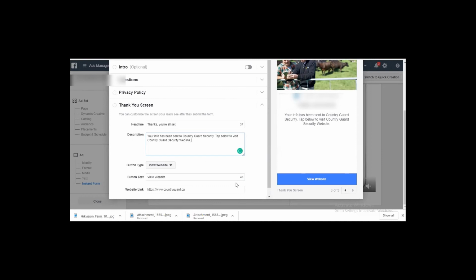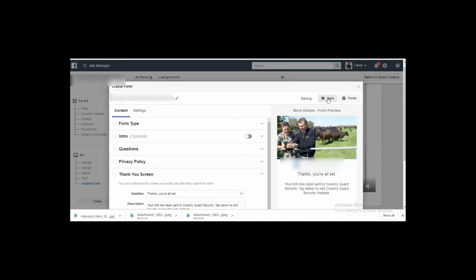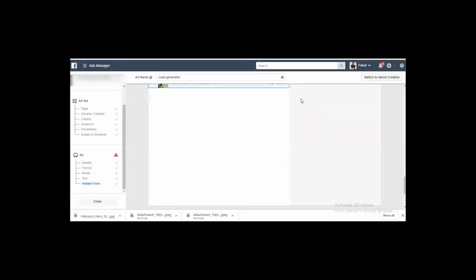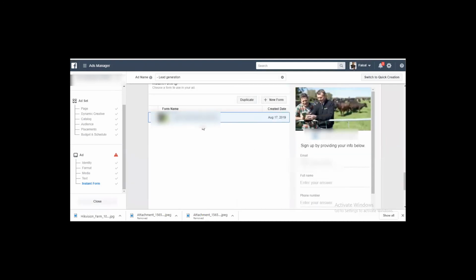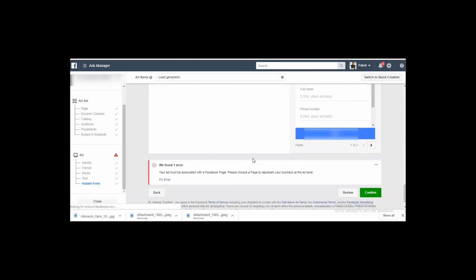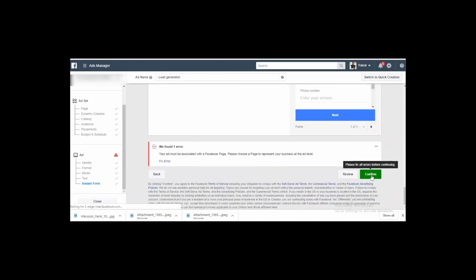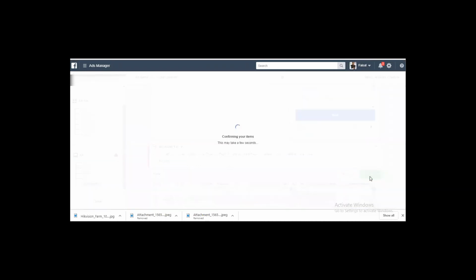Or you can also put, thanks for submitting your information, we will get in touch with you as soon as possible. After that, click on the save button and then finish it. So the lead form is also attached to this ad, and now all things are set up. You need to simply click on the confirm button.